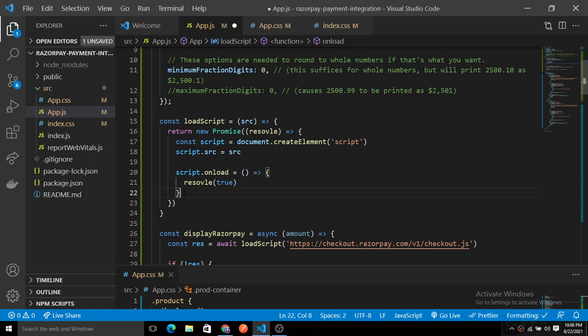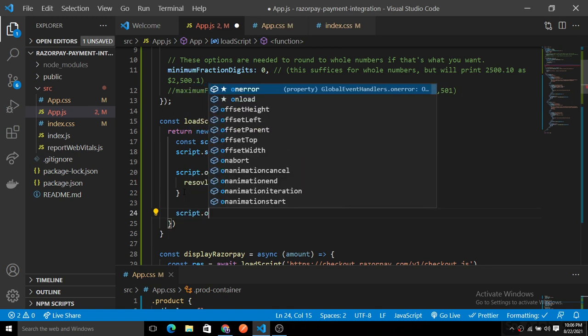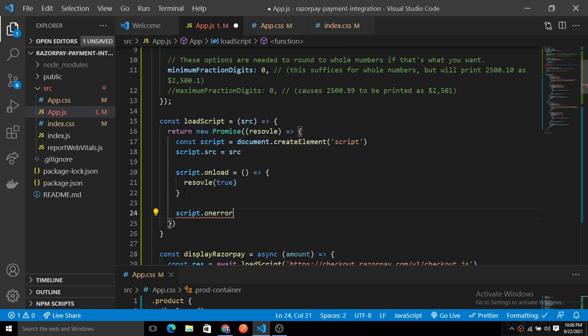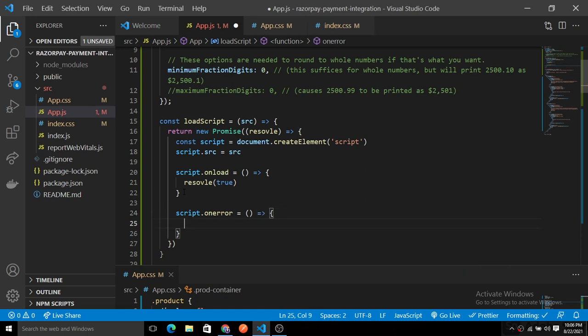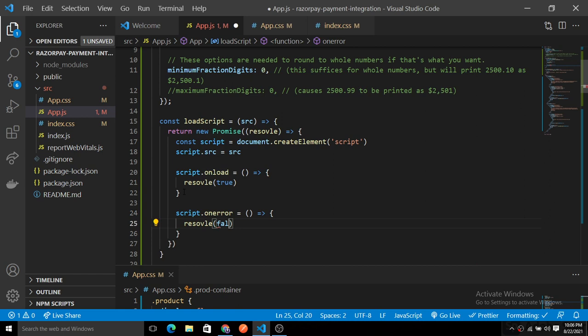So this is the promise resolve here, right? Now let's add handling for any error or issue with the loading, so we use script.onerror function, and inside of this we put resolve false to simply return a false value.